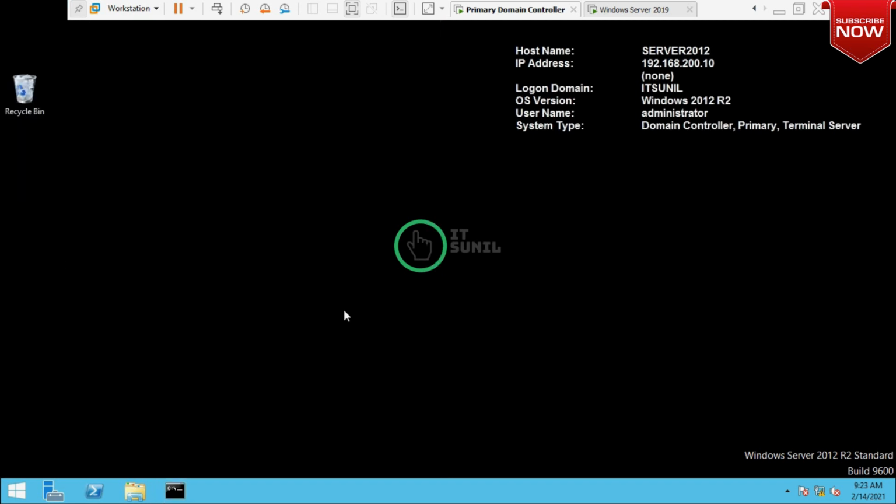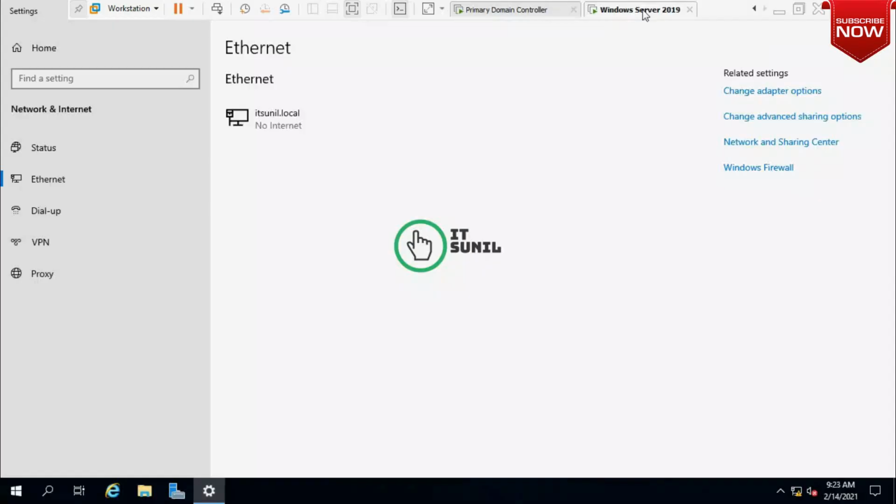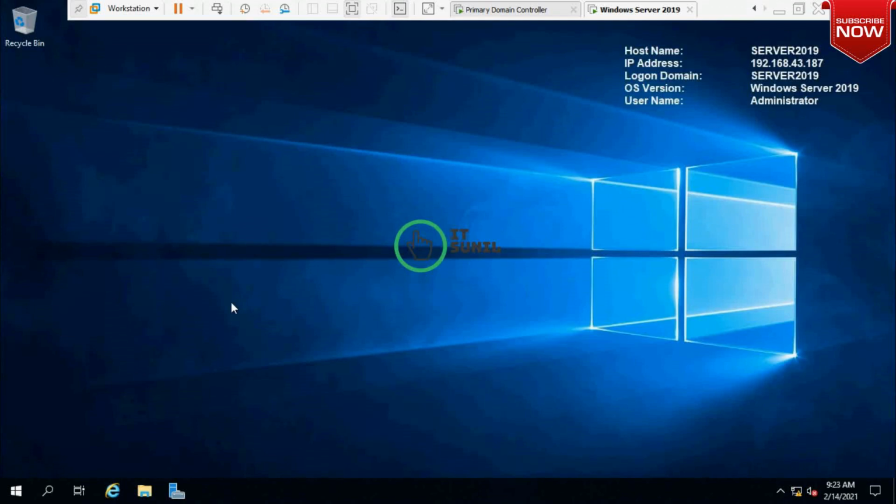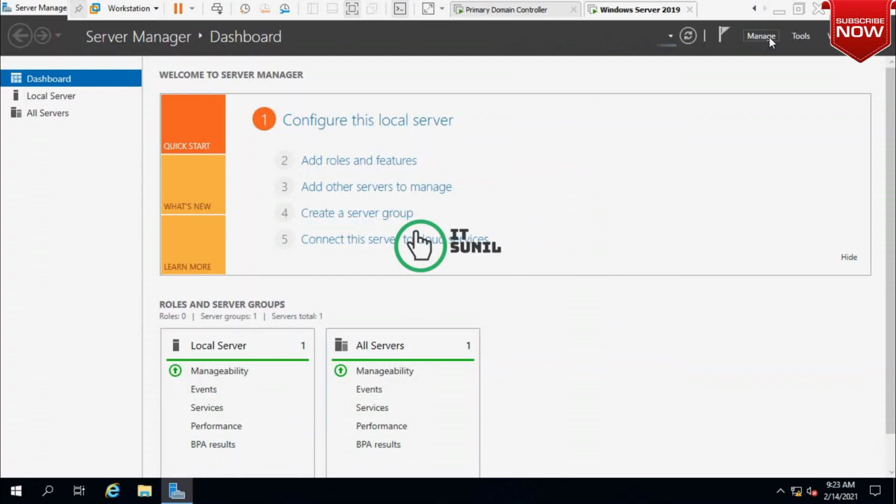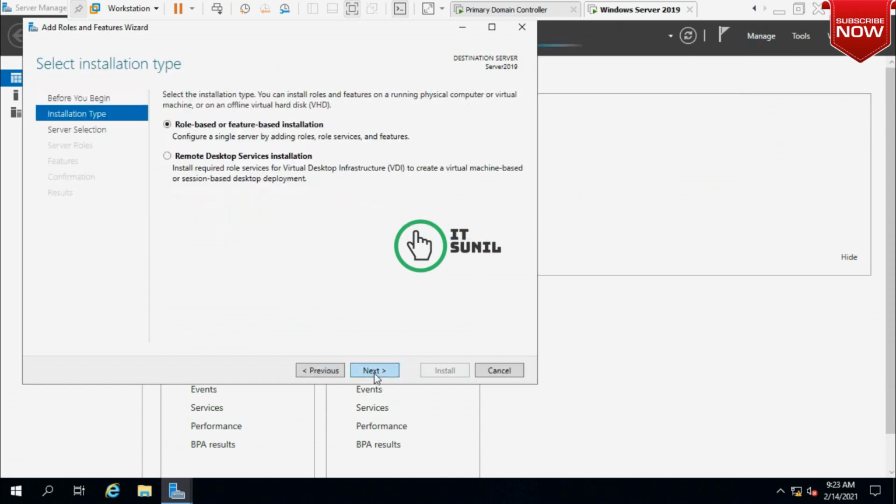So now I am going to install the Active Directory service on Windows Server 2019. So here's the 2019 server, and open Server Manager. Click on Manage, Add Roles and Features. Click Next.